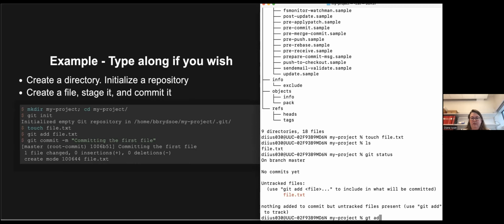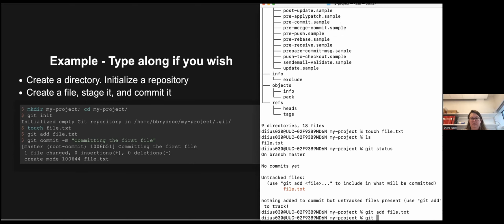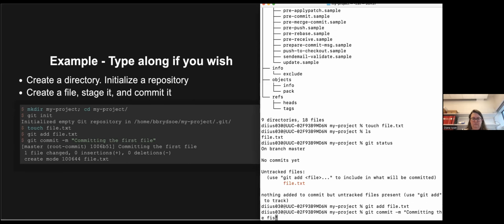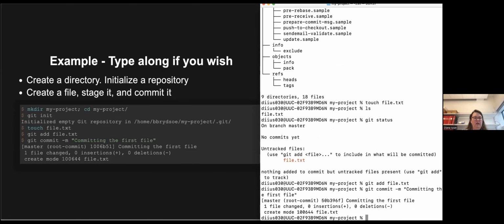I'm going to stage it now with git add, and commit this. Sorry, now the line breaks, but otherwise I think the font is too small. So I will have my first commit